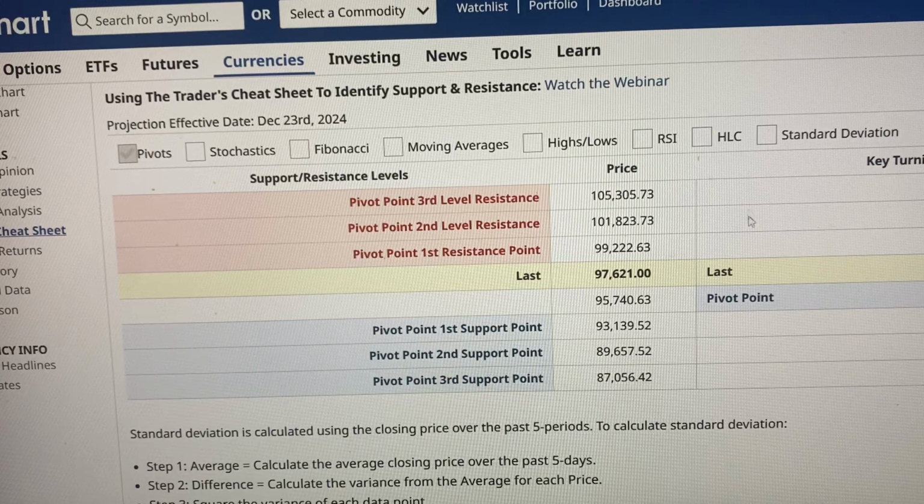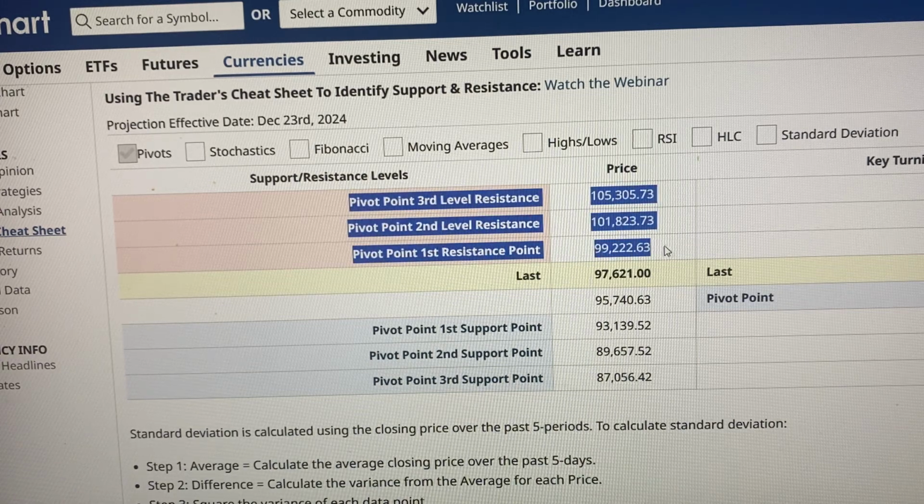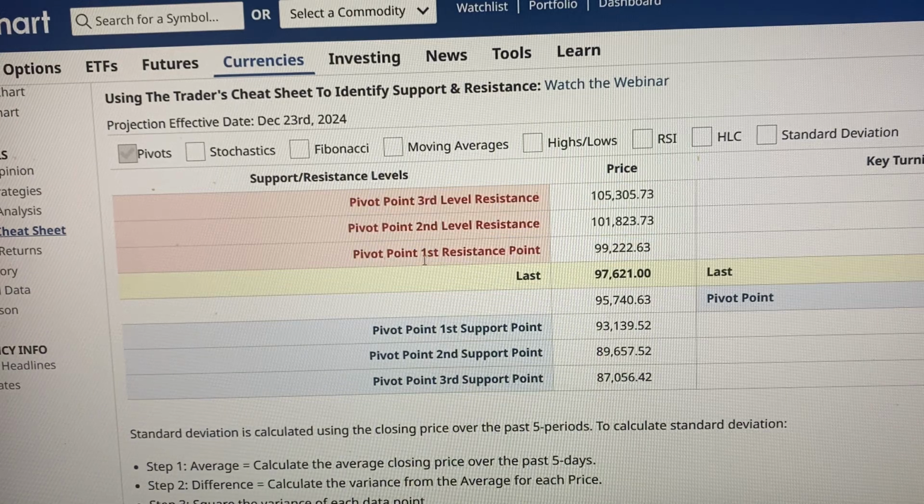The magic pivot point number is 95,740.63. So it's greater than the pivot point. So these are magnets, in a sense, price magnets that Bitcoin wants to go to. The first resistance number here at 99,222.63, the second pivot point number of 101,823.73, and